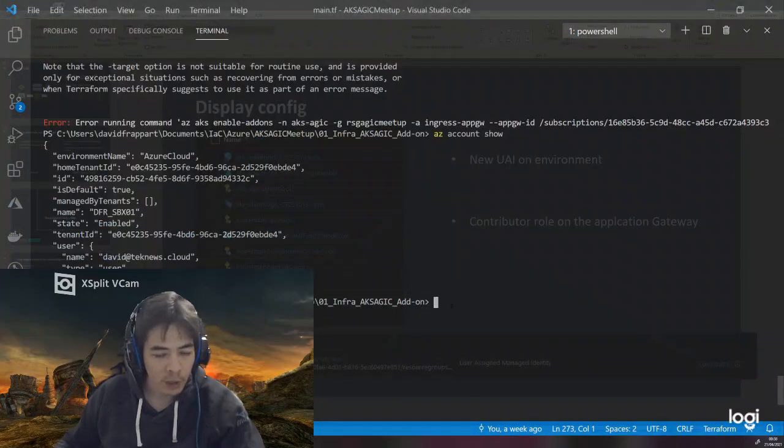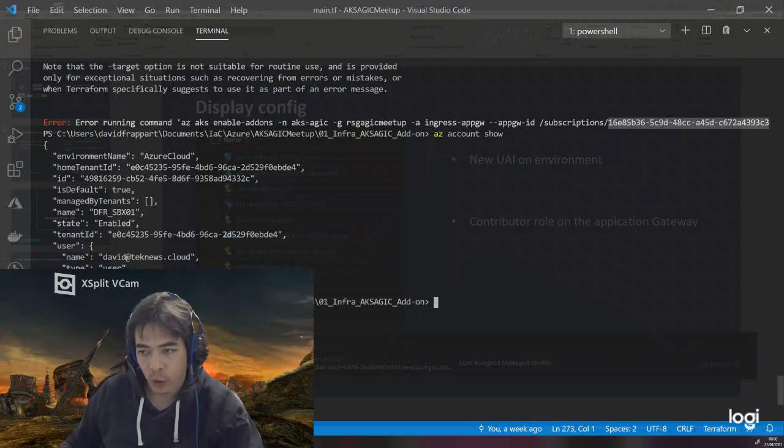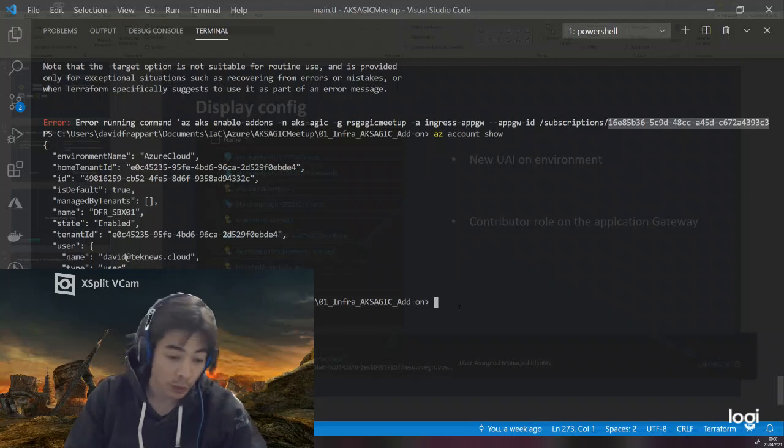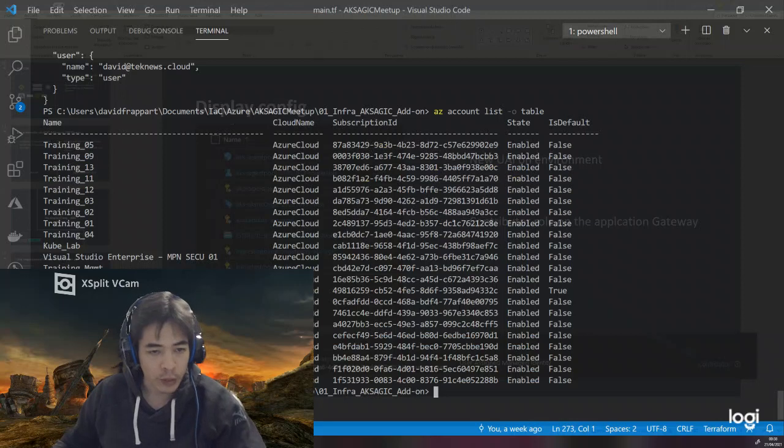Okay, I found my error. As you can see, I'm trying to deploy in this subscription 16-something, and I was not in the appropriate subscription. This is a very important point if you need to use local exec with az CLI, specifically when you're deploying with Terraform on Azure. You may have errors if you are not using the appropriate subscription. So let's do that. az account list. First, these are my available subscriptions. As you can see, I have some of them available, so let's select the appropriate one.